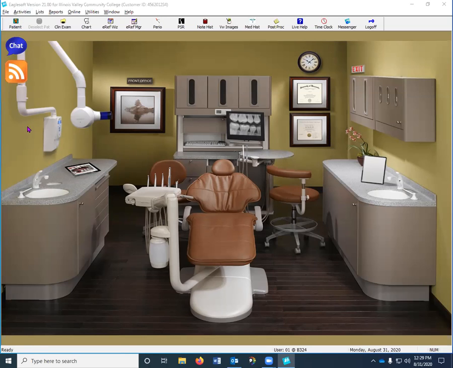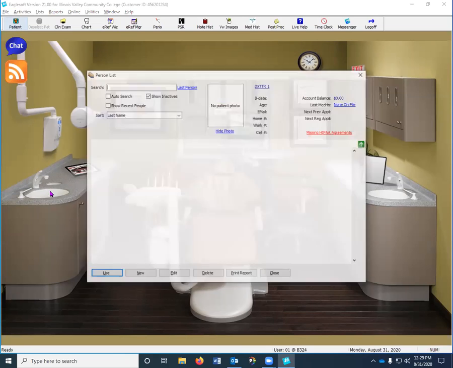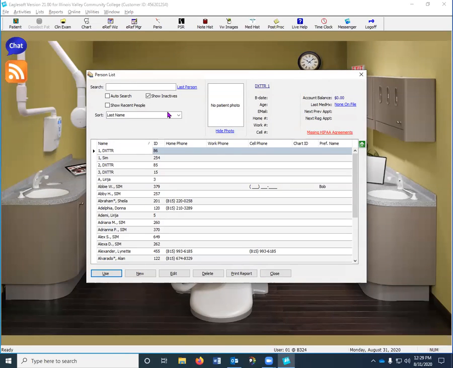You always want to have your patient's information pulled up if you're going to be working on that patient, so you can see what was done in the past or anything like that. So you're going to click patient, and then you're going to find your sim. It's sorted by last name and showing active. So if you type in sim and hit tab,